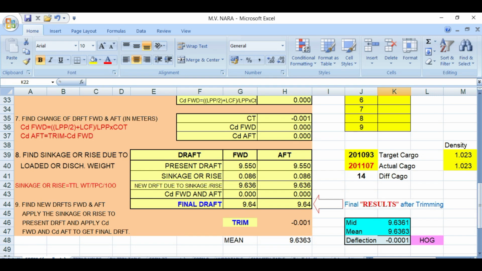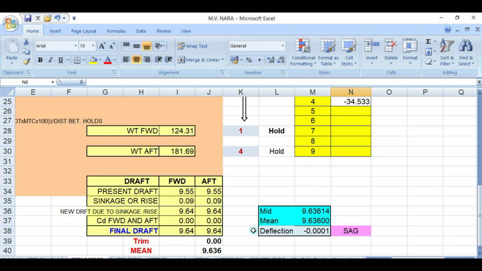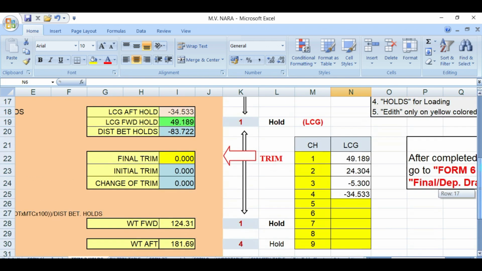So for example, I want to have a trim of, let's say, 10 centimeters. Okay, so it's recommended to load in number 1 will be 168, and aft will be 138.